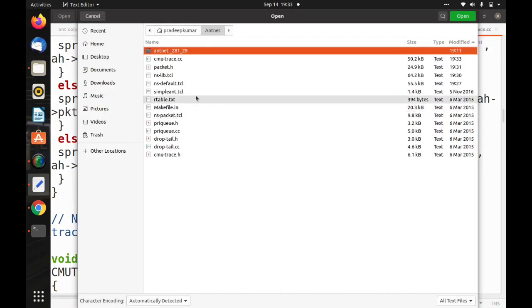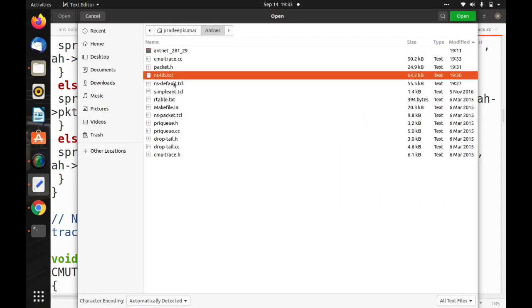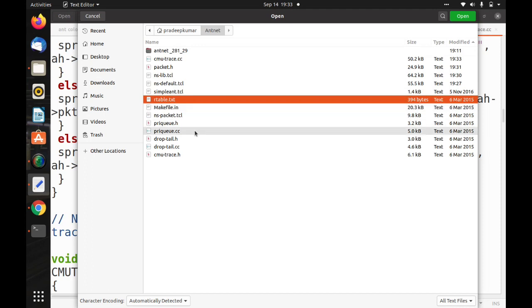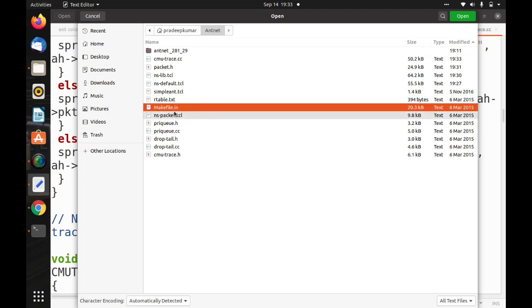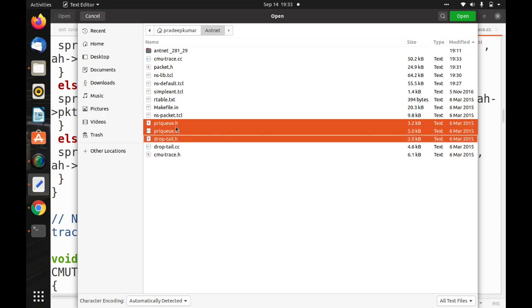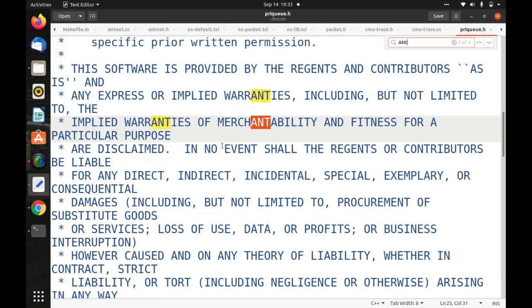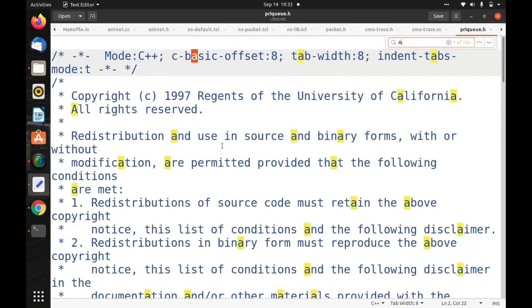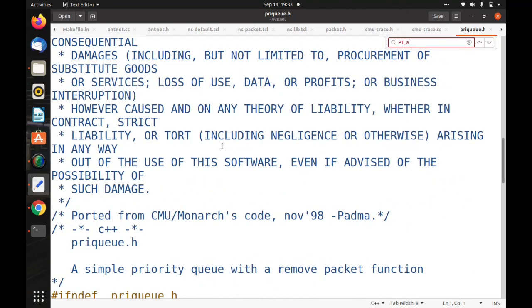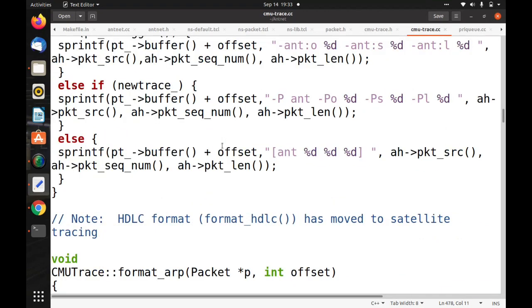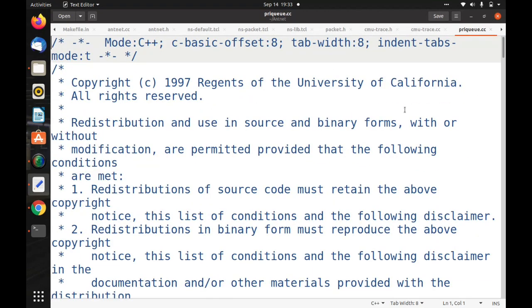So next thing is we have NSLib. You have seen this. Then makefile.input, which I already showed you. Then priority queue. Actually, these three don't have any effect on it, but maybe I'll show you whether there is any effect on it. So no effect on this AntNet. Okay, then priority queue dot cc.